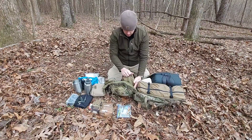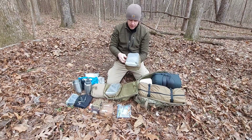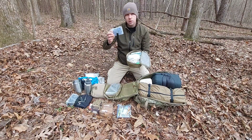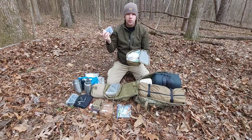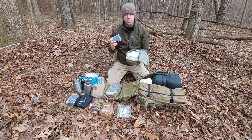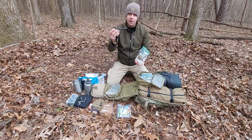So our next pouch here contains our fire kit and a few other accessories and tools. The first is a small little fishing container, and this actually has some ballistic caps with tripwire. When it hammers down, you'll have a signal that somebody is approaching your area. So inside our fire kit, we have a ferro rod,